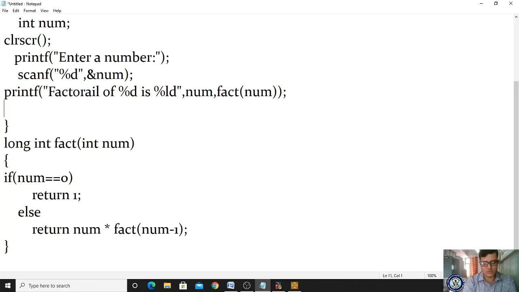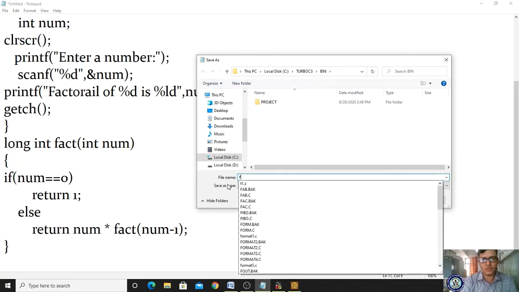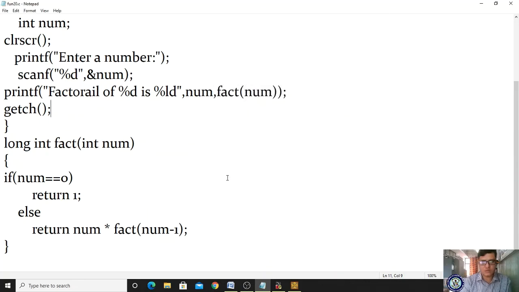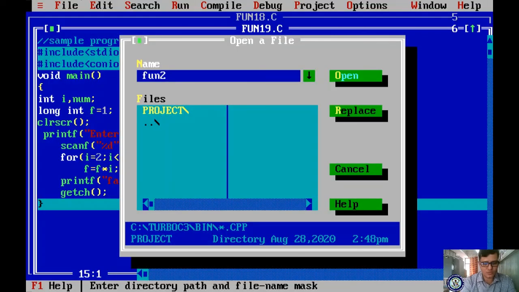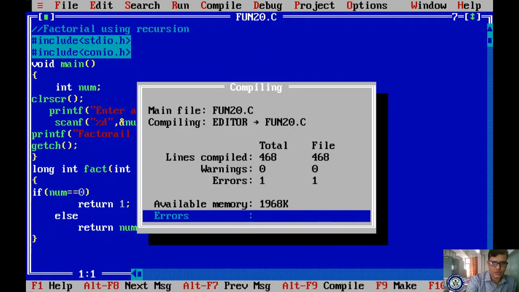Okay, yes. Till now we have learned this program, and we save it as fun20.c. Open our editor, Alt Enter, open your file fun20.c. So this is our program. Compile it.